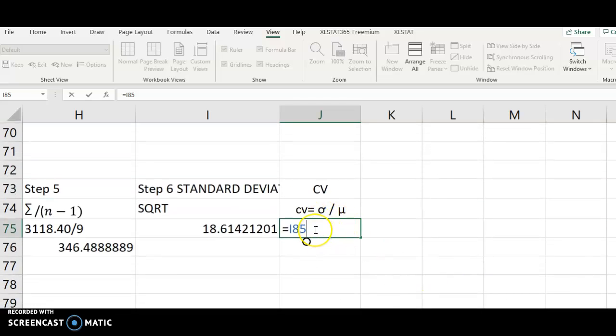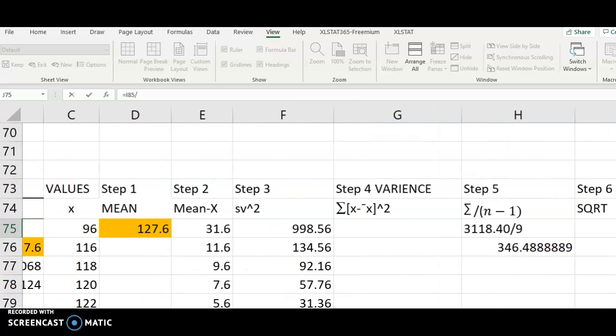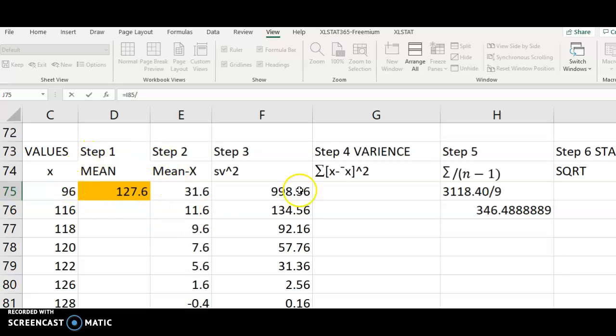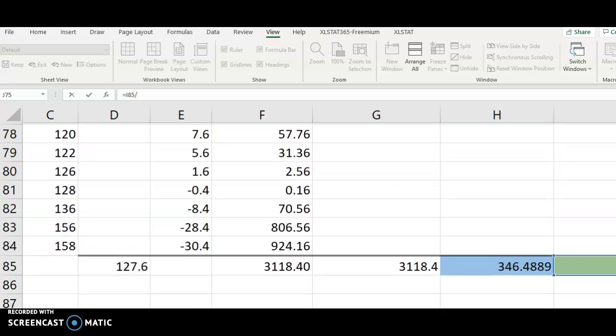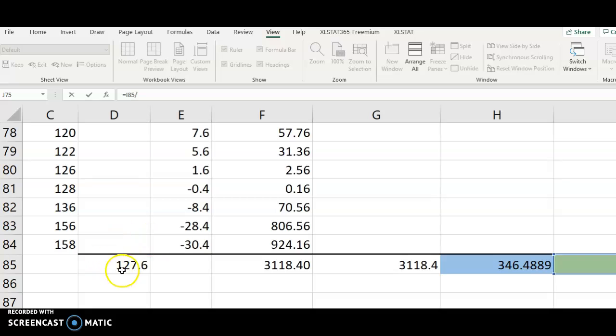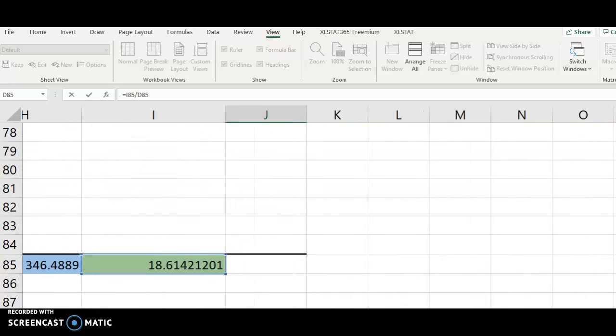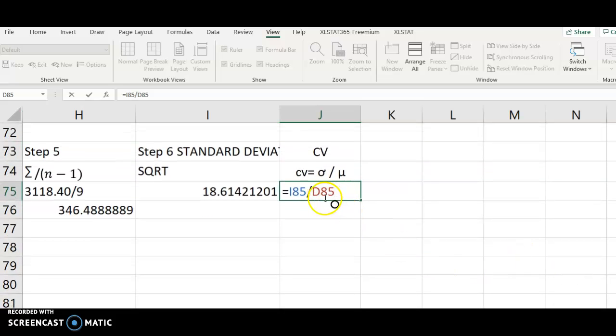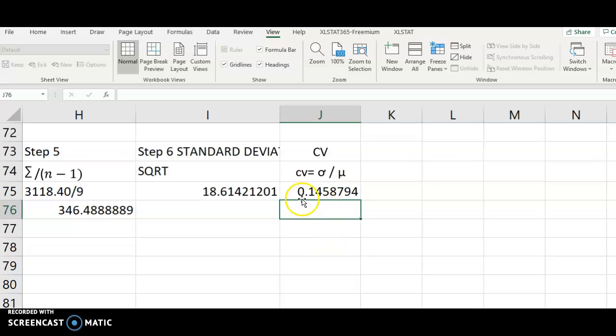And it's right here. And then we divide it by the mean. And instead of highlighting the one that has the formula, you're going to go down and highlight the cell that references your answer. And there it is. So you hit enter, and your answer is